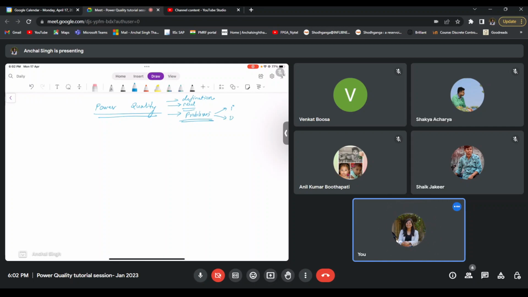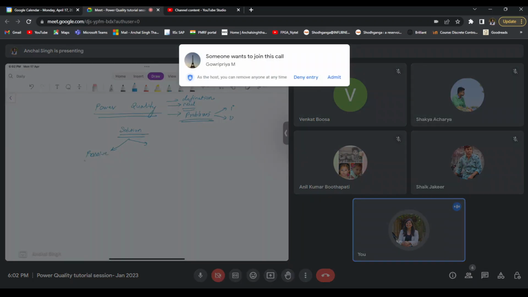And then after framing the problem in front of us, that there is something called power quality which is going to be very important in some time, we need to take certain measures in order to take care of these power quality problems. So now after defining the problem, we started to work on the solutions of that problem. The solutions were broadly categorized into two categories. First was passive, another one was active,